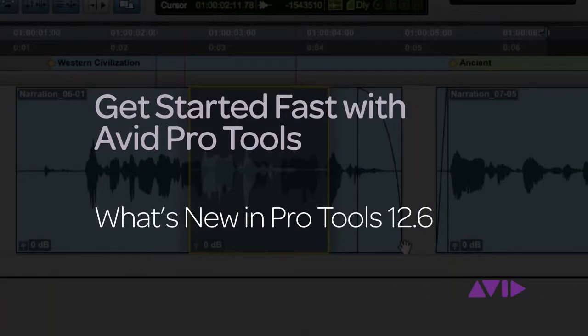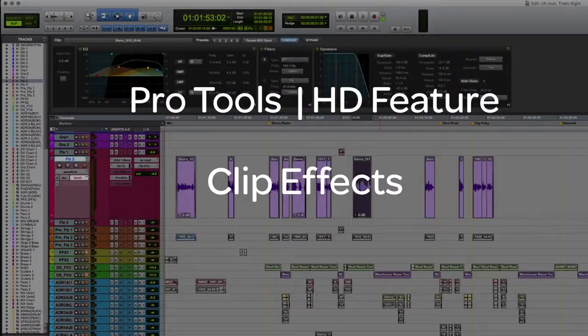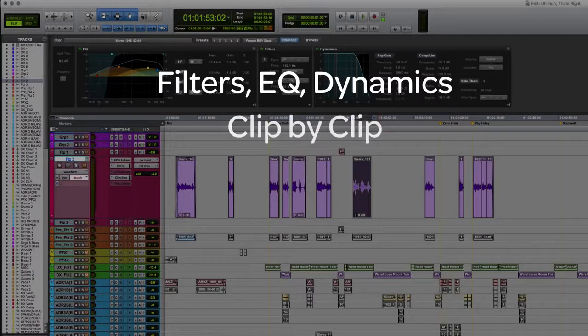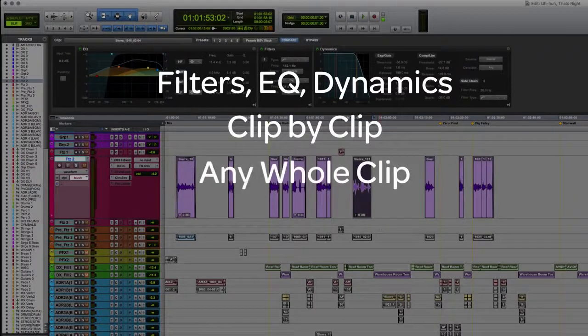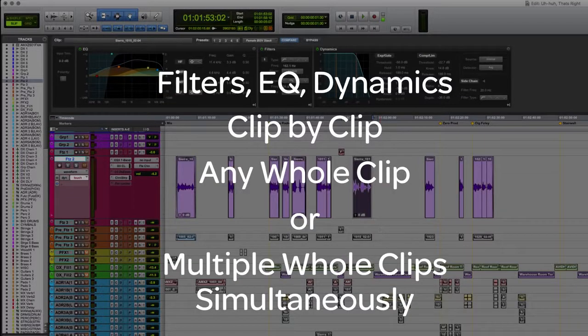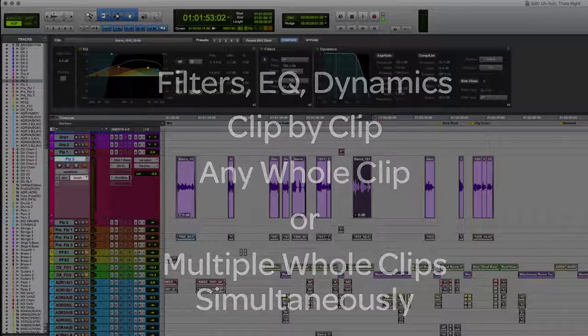Pro Tools version 12.6 adds several new advanced features. Clip Effects brings real-time filters, EQ, and dynamics to the clip level, allowing single or multiple clip processing. Using Clip Effects, along with clip gain, is a huge time saver when treating individual clips for consistency in preparation